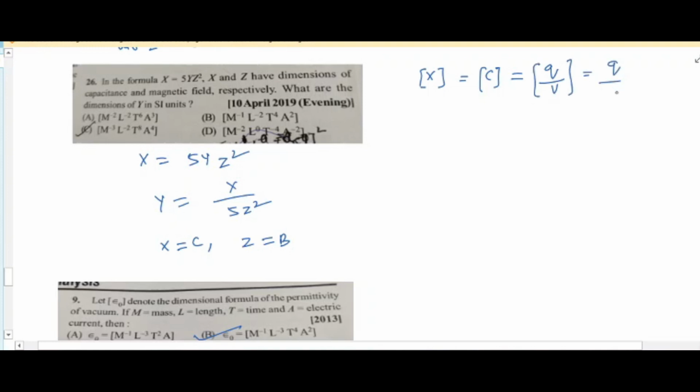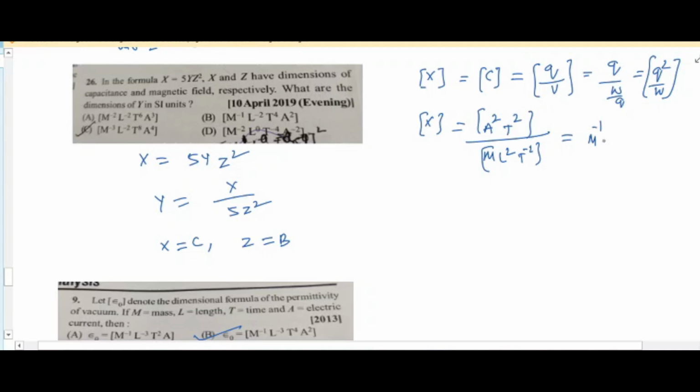That becomes Q by V. This is W by Q. Therefore, Q square by W. This becomes X is equal to Q is equal to I into T, I square T square. I means ampere. Ampere square T square by W, where W is energy M L square T to the power of minus 2. This becomes M to the power of minus 1 L to the power of minus 2 T to the power of 4 A square, and Z is equal to B,